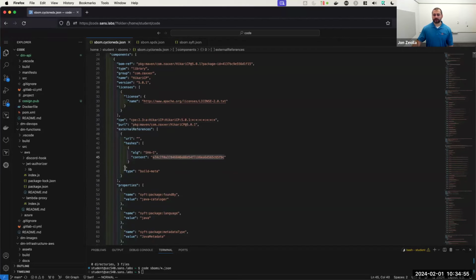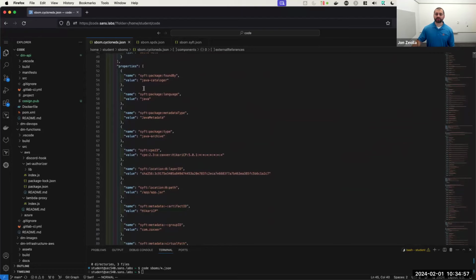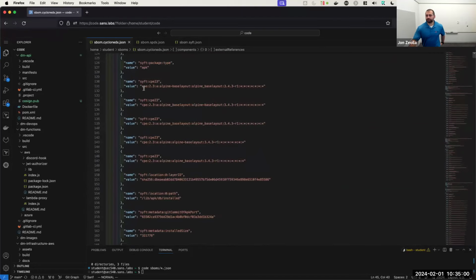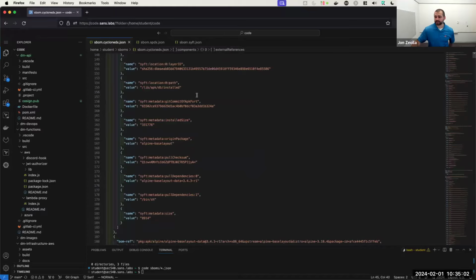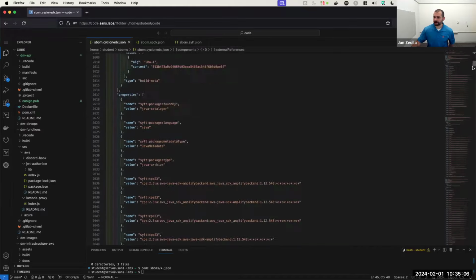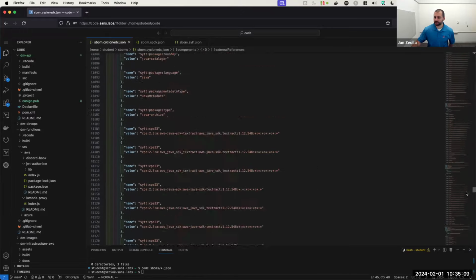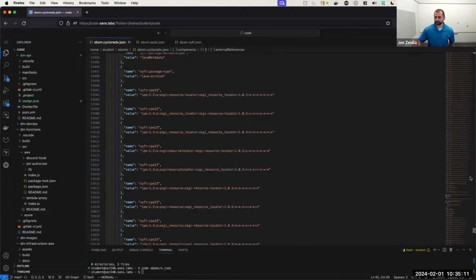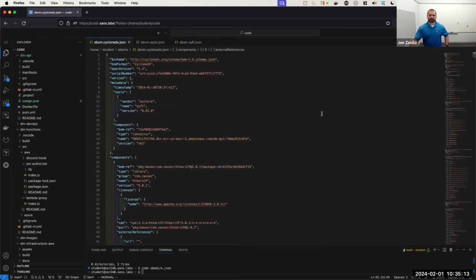So here we've got cryptographic hash. We've got all of these different properties of the artifacts in what we scan. And I'm just going to scroll. You can just see the scroll bar over here is barely getting touched. There's so much in these, so much metadata, right? And again, this is a fail-ignorant like system. So if it didn't have a way to parse, if regular expressions, literally regular expressions, were not good enough to be able to identify with high level of confidence that it was a package of version whatever, it may not be in here at all.